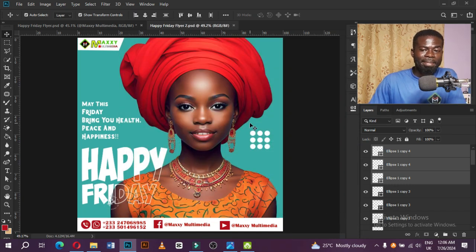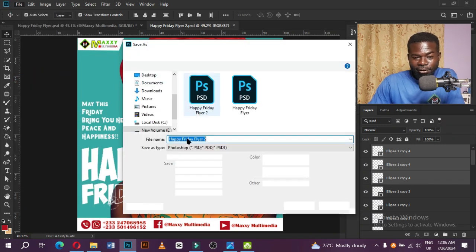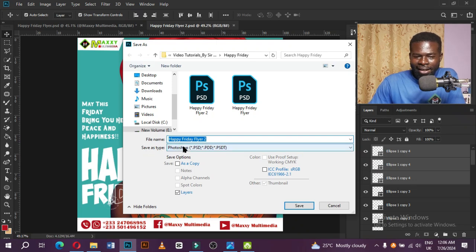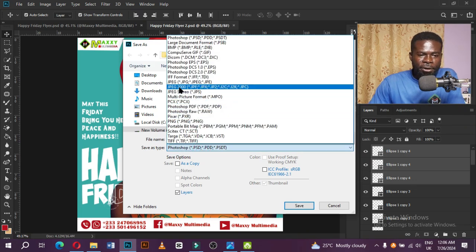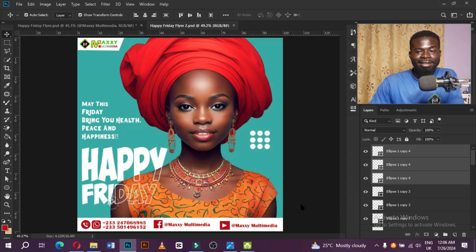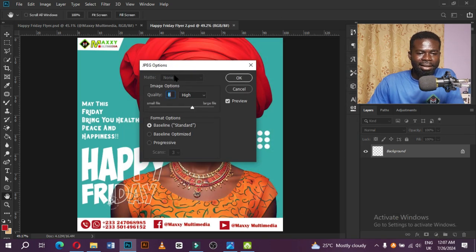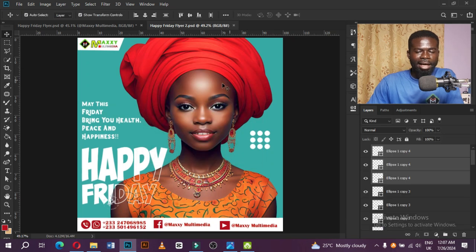We just saved the PSD version, that is the Photoshop version, which we can always come back and edit or modify. But we actually need the file, the PNG file or the JPEG file for our social media handles. So let us quickly do that. Click on File on the menu bar again, and then choose Save As. This time around, change the Save As type or the file type from PSD to JPEG. We've got it here, and then save. Yeah. Then let us click on OK here, and now we have gotten our JPEG file format of our entire